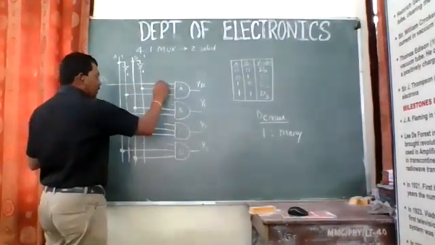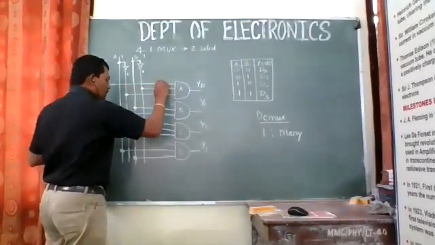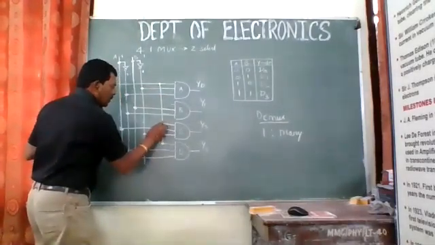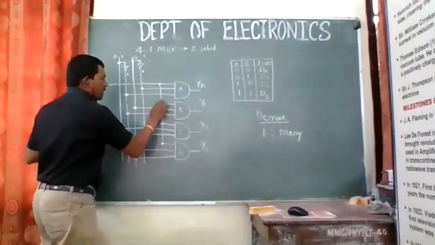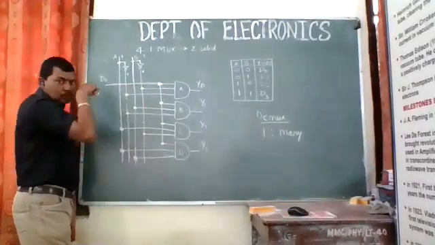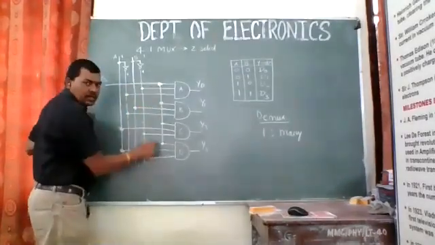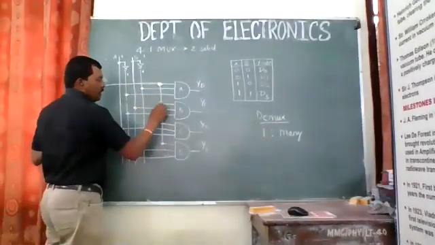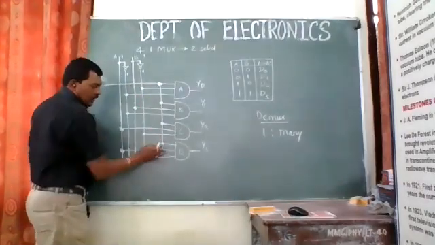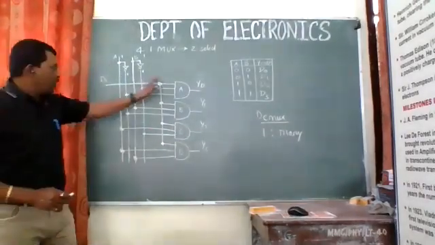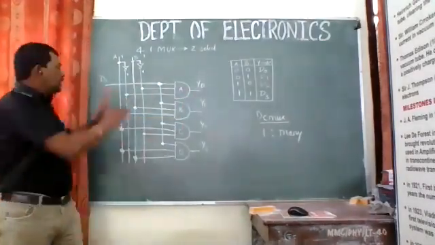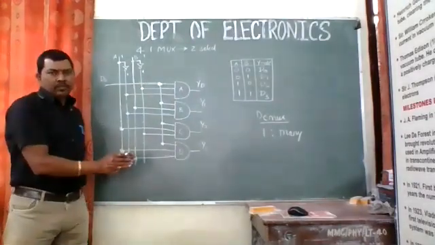That single input can be given to all. So I will use that same input and connect it to all, 1, 2, and 3. So I have connected this single input. This is the input D0 to all, to the first terminal of all the AND gates. So A, B, C, and this one was the last one, that is D. So I have given the single input to all the inputs. So we are having one single input and four outputs. The rest of the circuit remains the same, right?